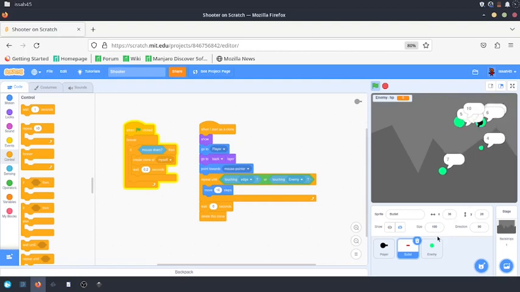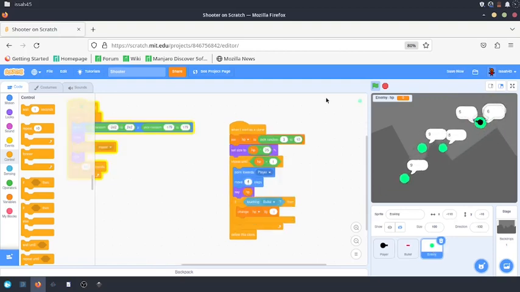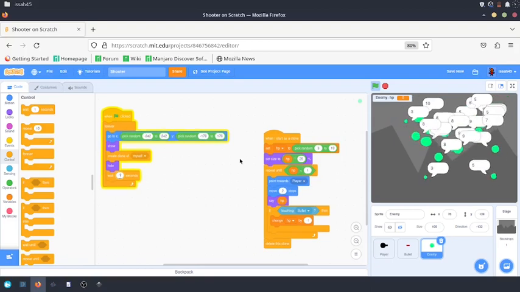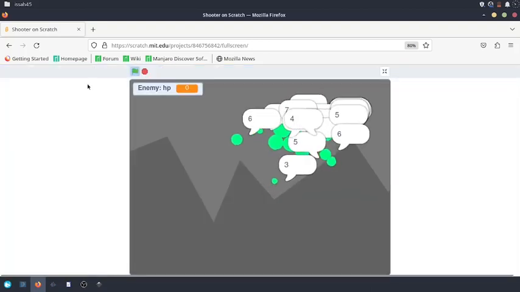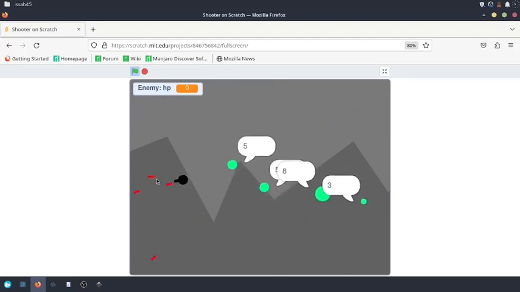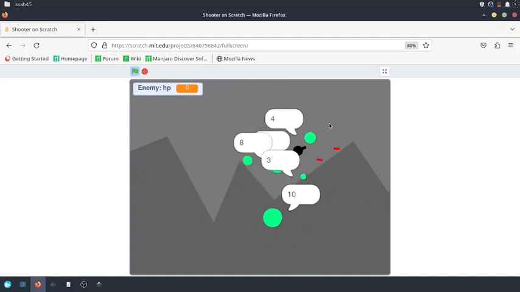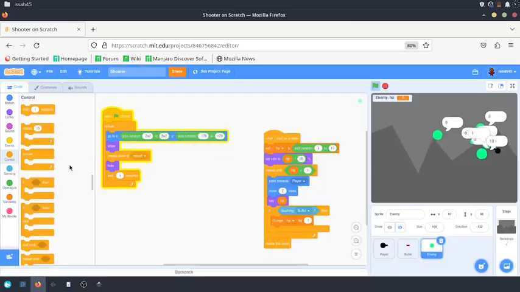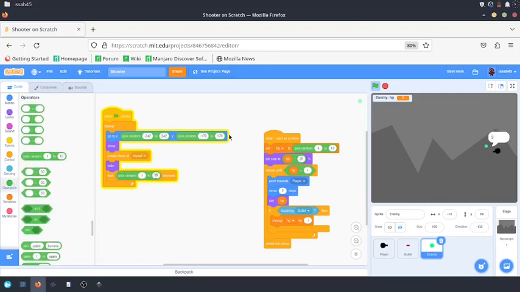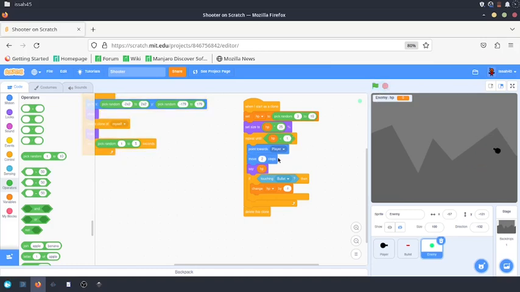Still too many enemies, or maybe it's just that their speed is too big. So let me change the spawning rate to 1. So now every enemy can say their HPs. The spawning rate is still too much. It's 3 seconds. Or maybe it should be a random between 1 and 5. And that seems a bit better. Yeah, so we should make the enemies not say their HP. That kind of removes the